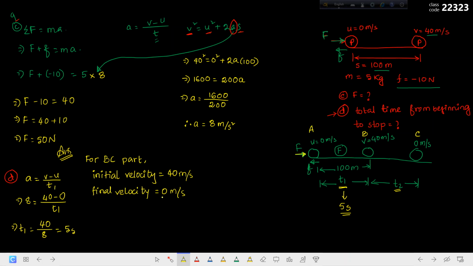Okay, so do we know any other information? We know only 40 and 0. We can find out the acceleration also. How? We will apply F equal to ma. Now we cannot put capital F. Can you tell me why? Because capital F is not working anymore. Which force is acting? Small f, the frictional force, is acting. So it will be -10, mass is m, and a is there. So from here we can easily calculate the acceleration, right? -10 divided by 5, so -2 meter per second square.